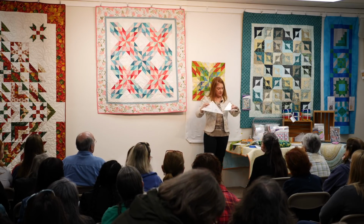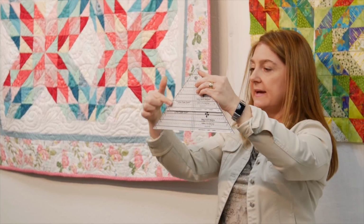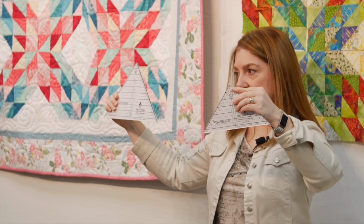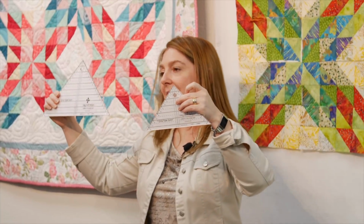Here, I'll show you this side. So you can see 6.5 inches down to the bottom edge. This one is 9.5 inches. So this will let you cut a triangle that opens to a square as big as